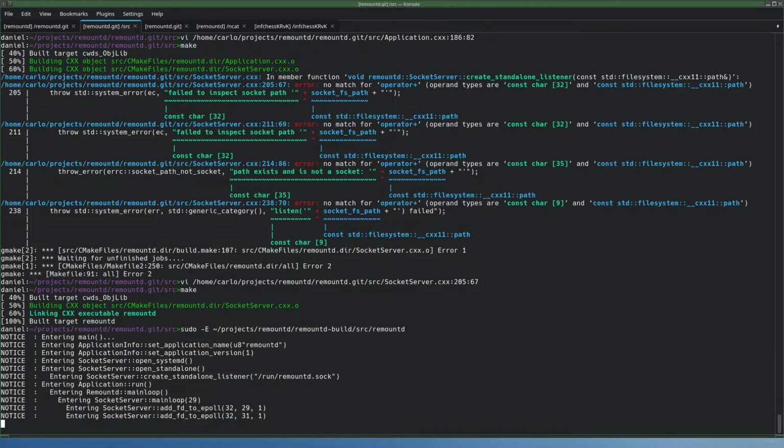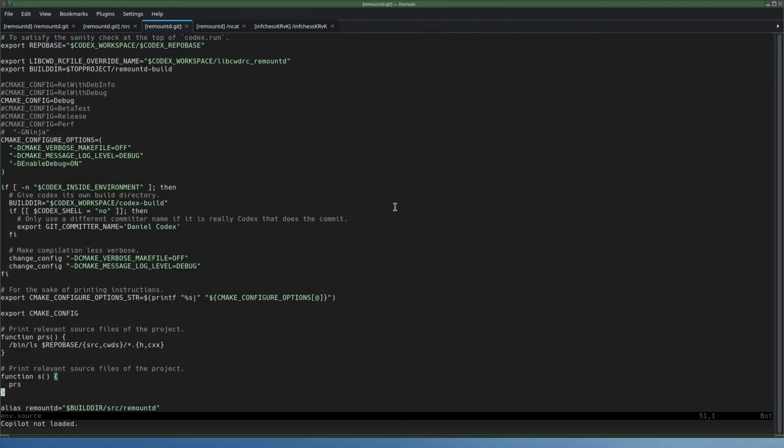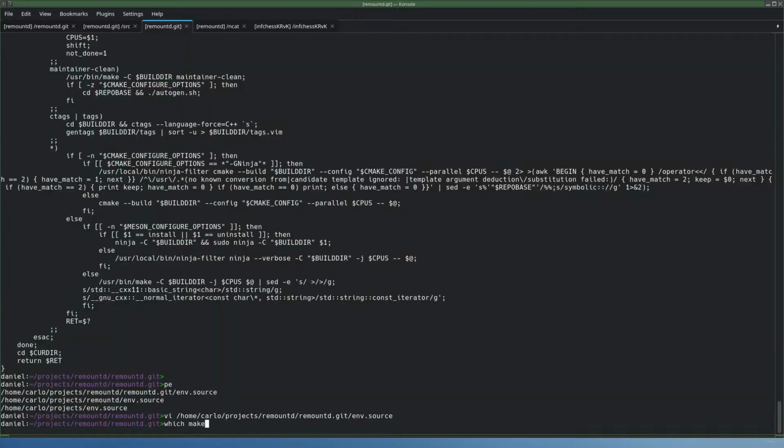It's not clear which file descriptor is the listen socket, nor what the one is there. And then all we're doing here was also a sudo.